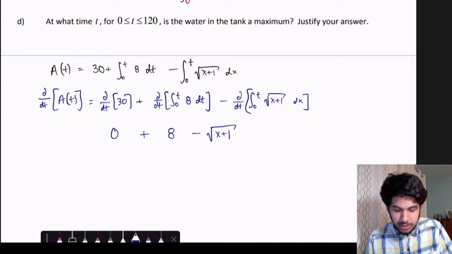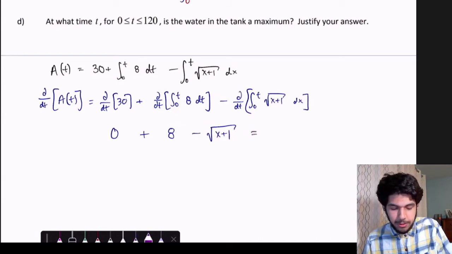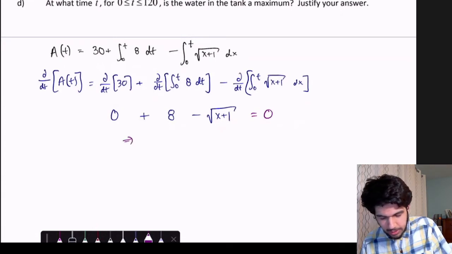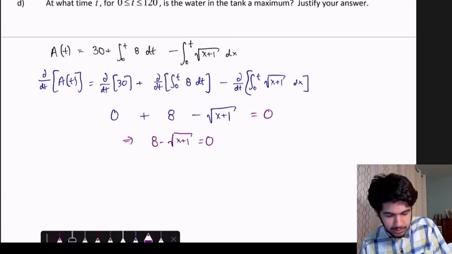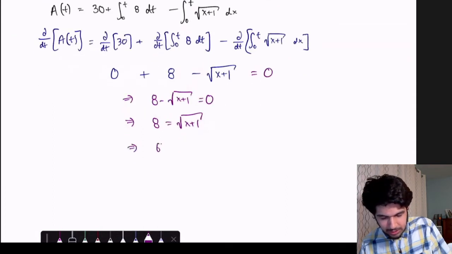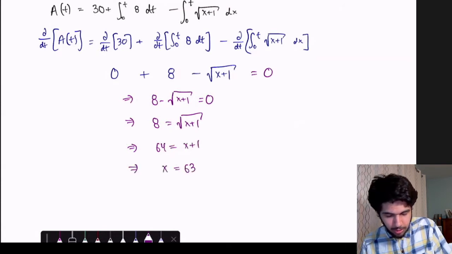And remember, we want this to equal 0 to find our extrema. So 8 minus the square root of x plus 1 equals 0, so 8 equals the square root of x plus 1. We can square both sides, so 64 equals x plus 1, and that means x equals 63,